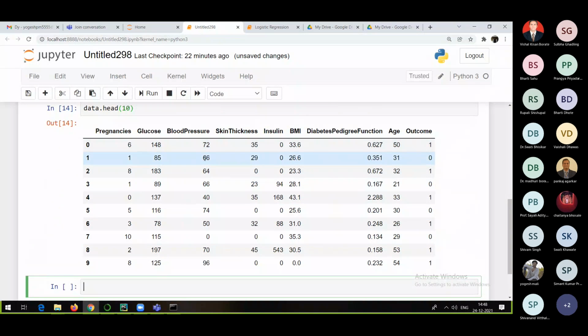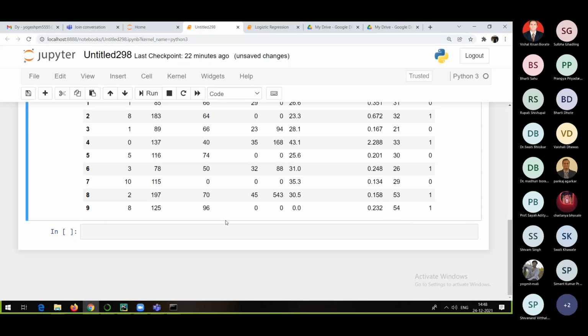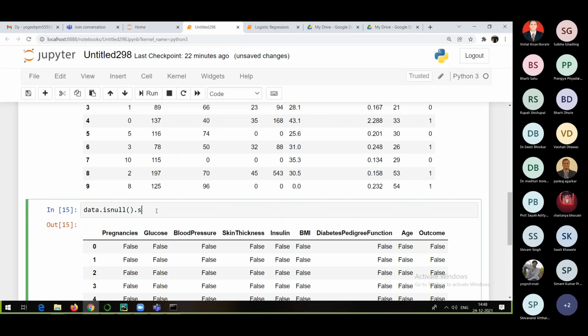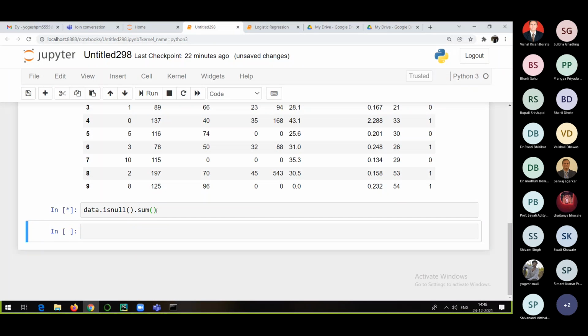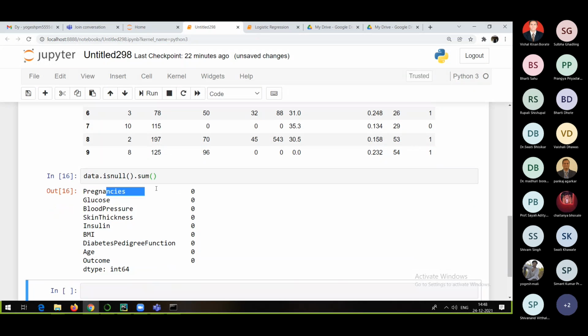Now you can see, everyone, there are some zero values. Zero values here, zero values here. Here if it is a zero value, no problem. But having a zero value in blood pressure and other columns is not going to make any sense. That's why we'll handle that. Now everyone, if you remember, if I go and check data.isnull, obviously I will not be able to see any missing value here. No column is having any missing value. Why? Because missing values are already replaced with 0 by the client.